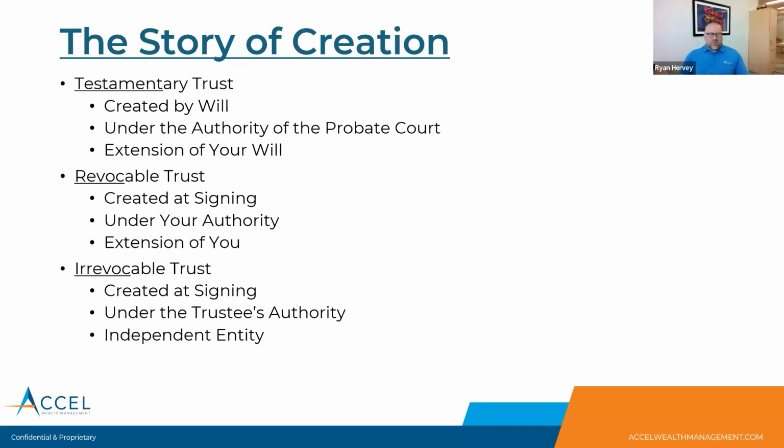The second type of trust is a revocable trust. You can see I've underlined the revoke part of that. When you create a revocable trust, you have the ability to pull it back, amend it, change it anytime you want. So you still have a ton of flexibility while you're alive to make changes to that thing. If things change, your favorite kid is no longer your favorite kid. Your favorite grandchild is no longer your favorite grandchild. Maybe someone died, maybe someone's going through a divorce. You have all of those kinds of things that can affect the way planning needs to be done. A revocable trust is extremely flexible in creating those opportunities.